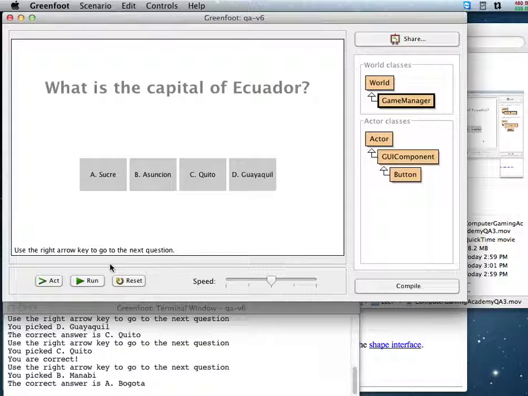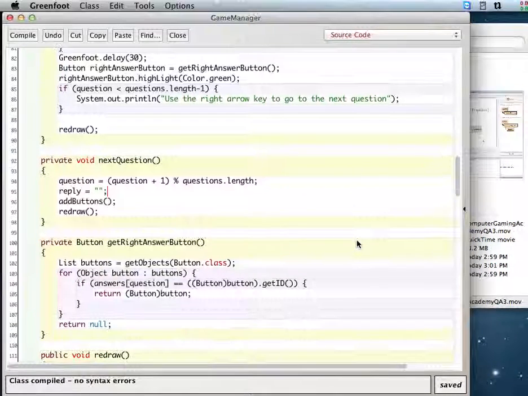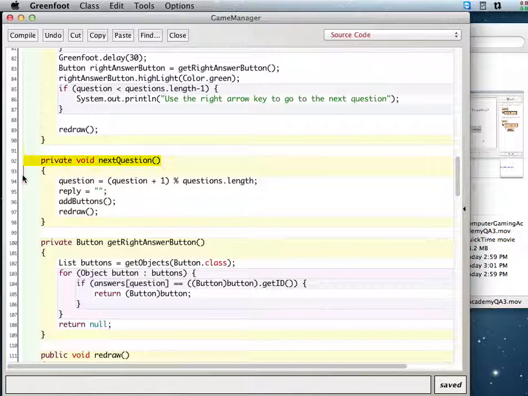I have a way when I'm running this program to use the right arrow key to go to the next question. I kind of like to be able to just go back, even to just take a look at what I did before. So I'm going to put in a back button. So I'm going to copy this next question method, because basically the method I want to create is going to be very similar to this one,